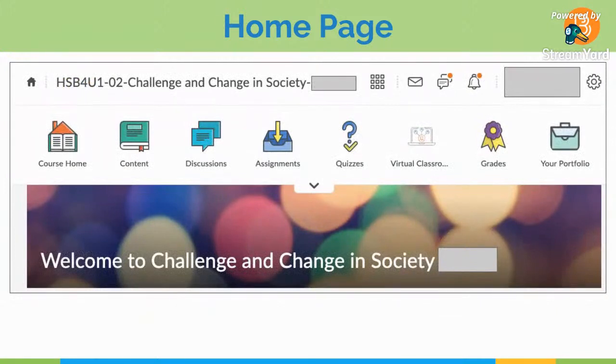Once we click into a course, the landing page of the course changes a little bit and now is very specific to what's happening in that particular course. So as we look across the top, there's a series of icons for the course homepage, which is what we're looking at right now, a content section, which we'll talk about a little bit,